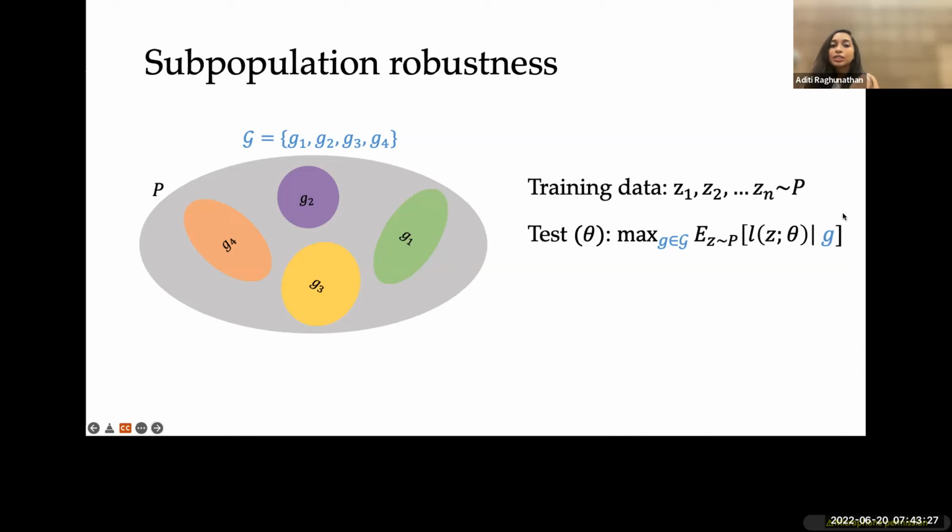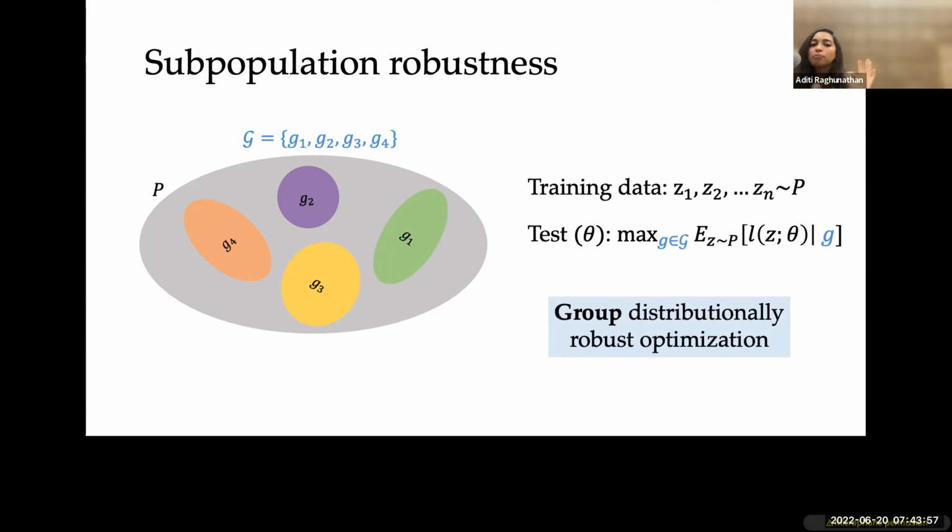So you sample points from each group, and you want to make sure that the worst case performance across all different groups is still good, which means that the model is not doing well just on the majority group, but is really getting all these partitions of your training distribution correct. So these could be subpopulations, which means that just because the data set has a larger fraction of light males, you still want to do well on the smaller fraction of dark females, for example. And this is also commonly referred to as group distributionally robust optimization, for the obvious notion that there are these groups that we care about and we want good performance in the worst case.